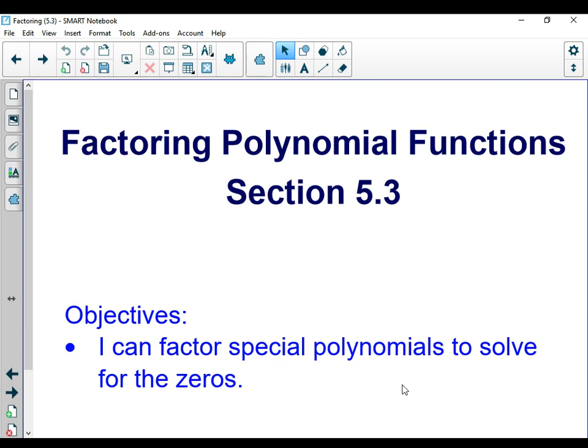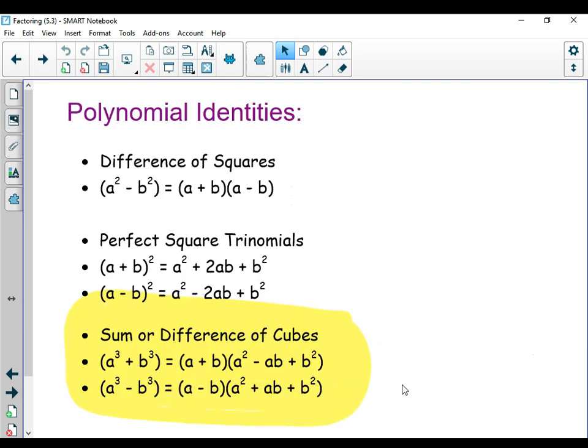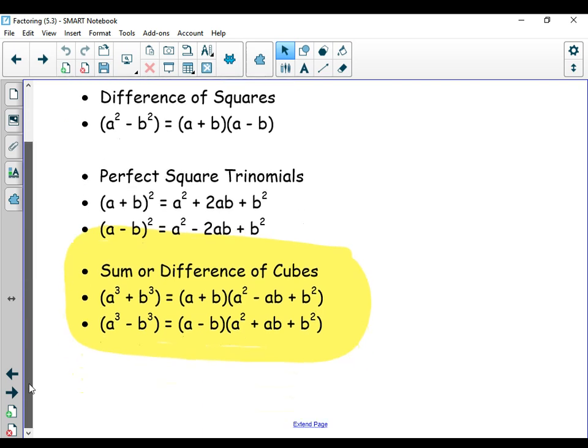So, we are going to be factoring, like I said, in addition to what you've already learned, okay? What you have learned is difference of squares. What you were exposed to and didn't really use was the perfect square trinomials, because we just said you can just factor like normal. What you have not learned is sum and difference of cubes.